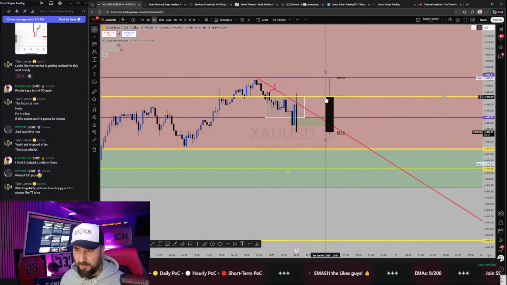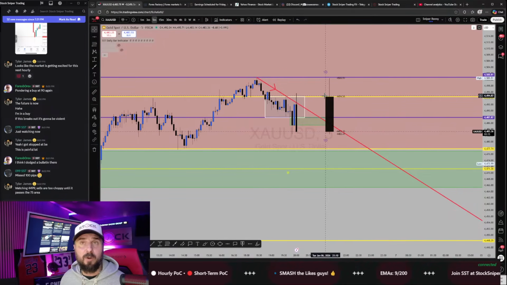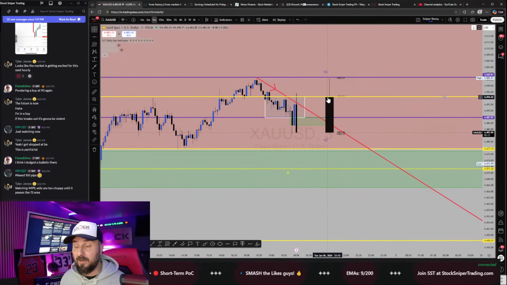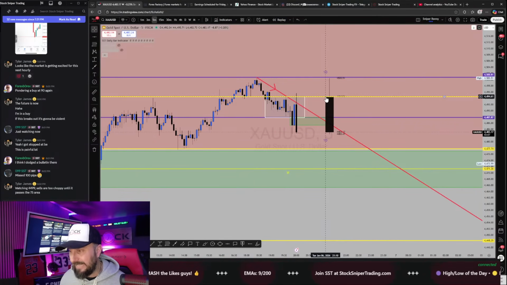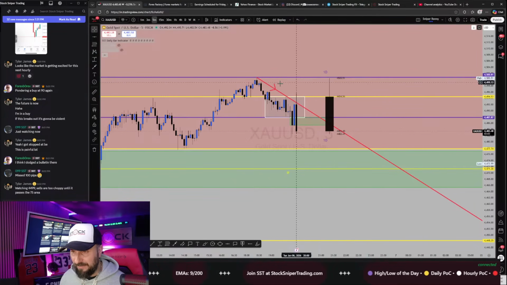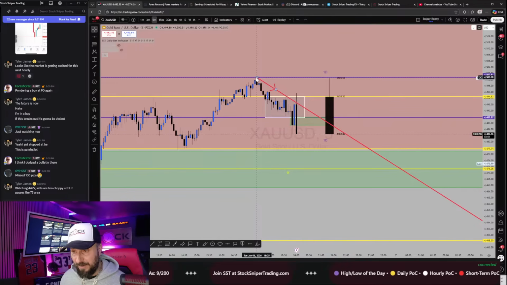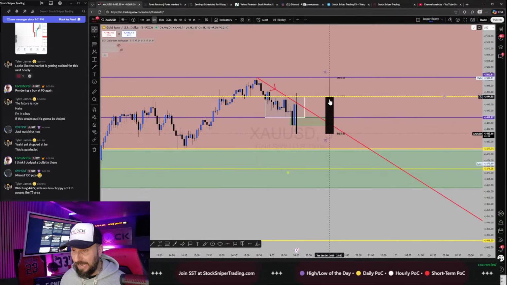So it's a daily bar right now. I can change this and put it on a 4-hour. I can put it on a 1 hour. I can also put it on a 15-minute, whatever higher time frame I want to watch while I'm on the 5 minutes. I prefer daily, because just to show you our opening balance, that was the highest point of the day. That was that big rejection at 4,500, and you see it's still holding,